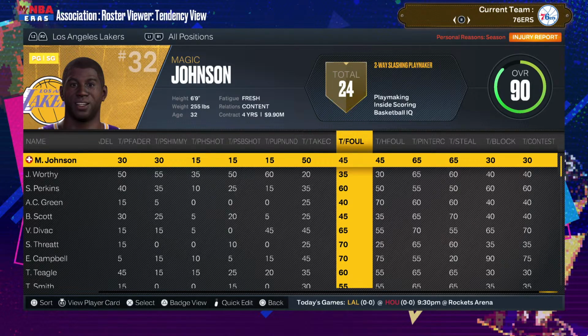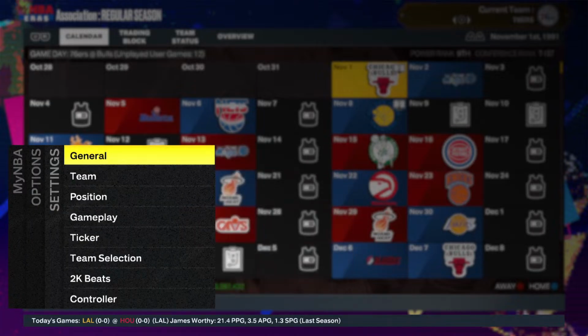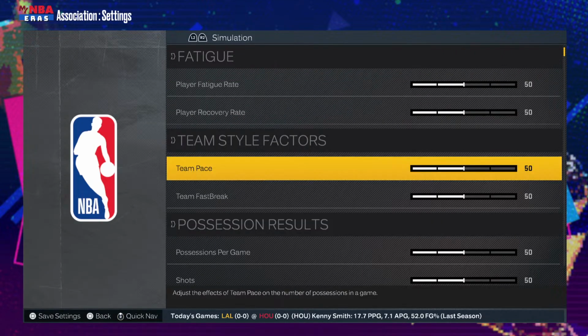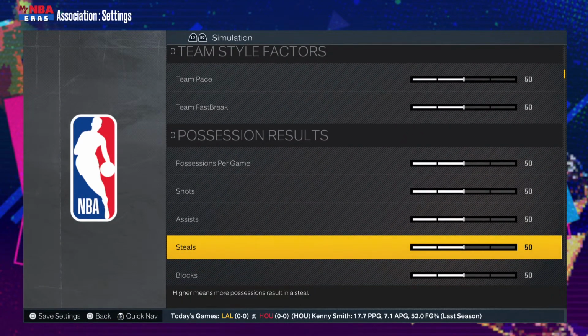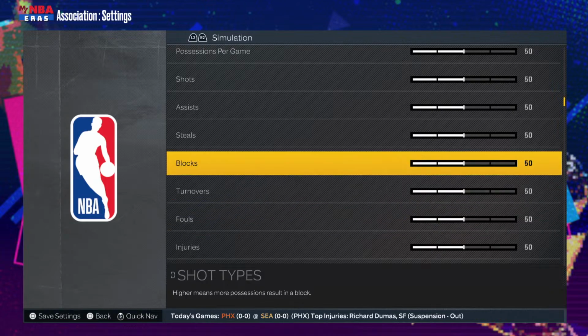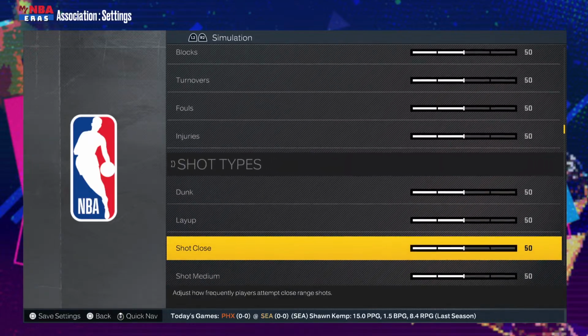I share that because what I found out was that the actual league option that you can do over here, general simulation, as far as I can tell, this does absolutely nothing. I left everybody's tendencies as they were in the game, took fouls even all the way down to 0 on this, and resimulated, and nothing was different. You would think fouls at 0 would be pretty close to, like, I don't know, no fouls per game, but it was no change. And very similarly, I did that with three-pointers,